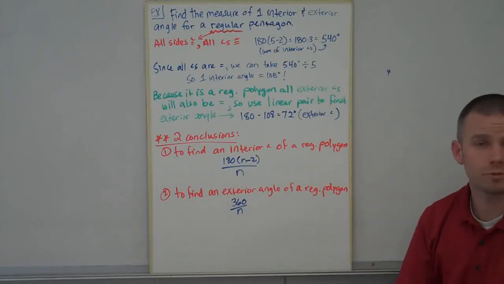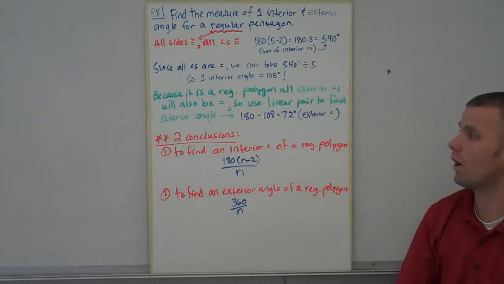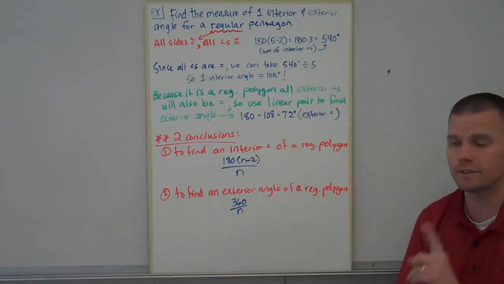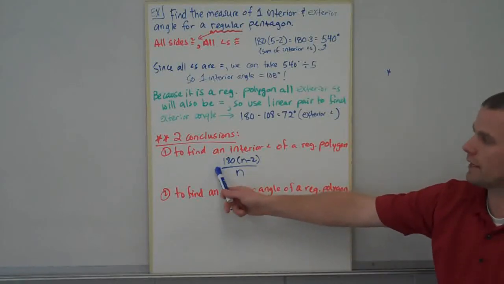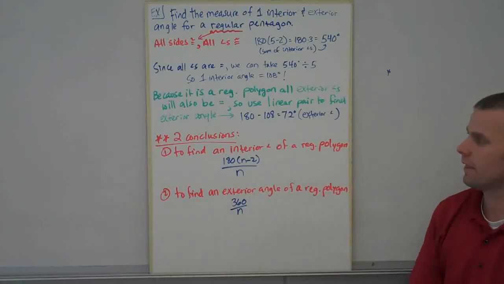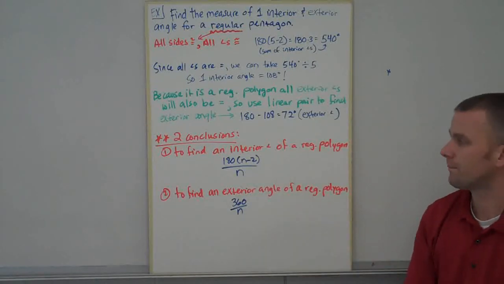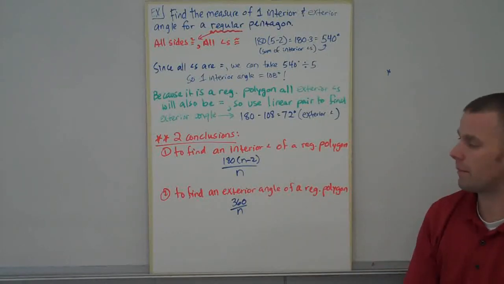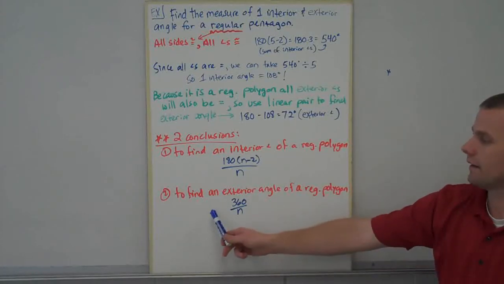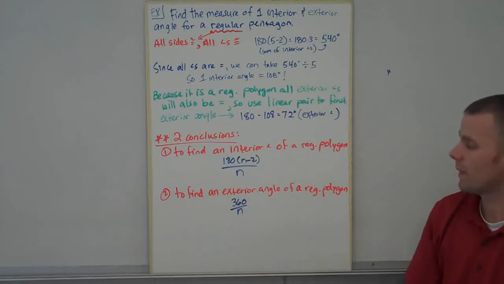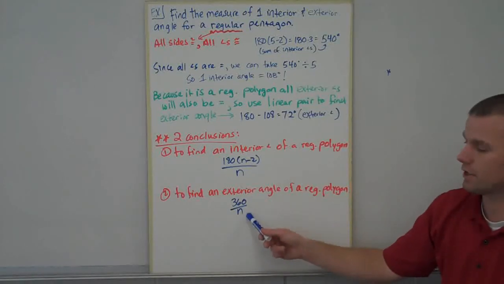So the nice thing is this, it kind of brings us to 2 conclusions. 1, if I've got a regular polygon, I can figure out the measure of one interior angle by taking 180 times n minus 2, and then just dividing that by the number of sides. The other nice thing it brings up is about my exterior angles. That to find an exterior angle of a regular polygon, I can take 360 and just divide by the number